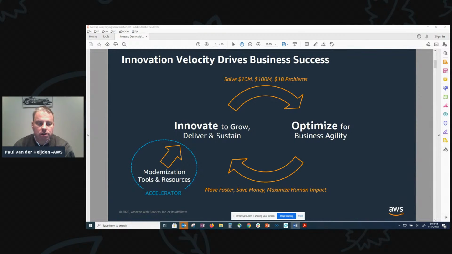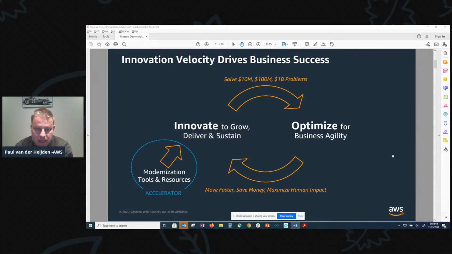So moving on to the next slide, where we are going to discuss innovation velocity that drives business success. What we see is that organizations rely on innovation to grow, deliver, and sustain their business. And that means basically that you're solving $10 million, $100 million problems.